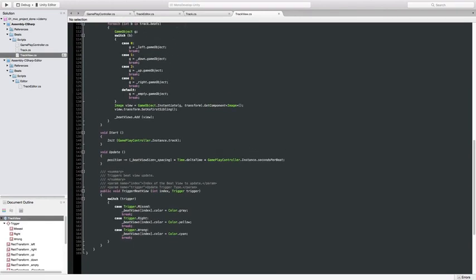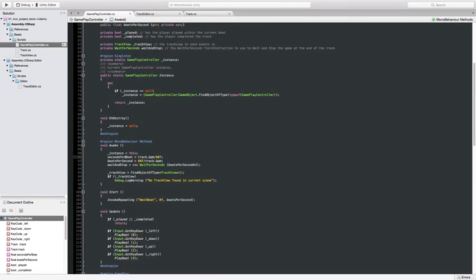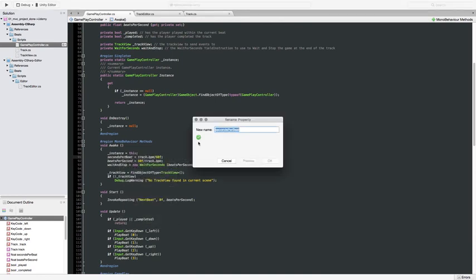So what we can do is, I'm actually going to close this file here. Then we can simply highlight this and say rename. And when I do this, then instead of just renaming all the occurrences within the file, it's going to pop up this dialog where I can change the name. If I change the name to beats per second, then I would end up with two properties bearing the same name, and then I could no longer rename the other one. So what I'm going to do for now is simply add an underscore to this one,